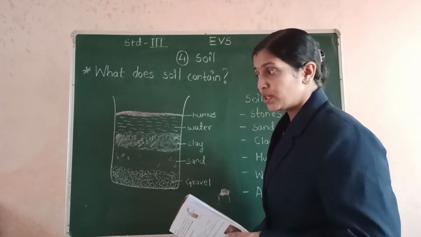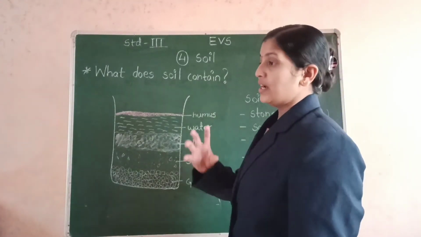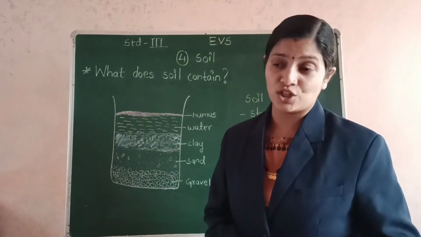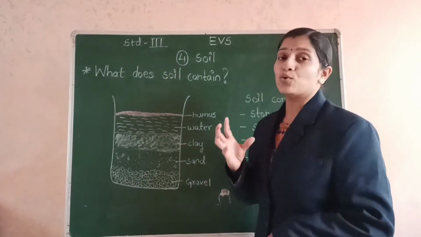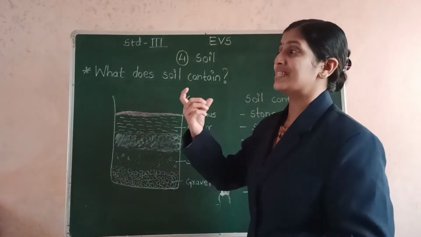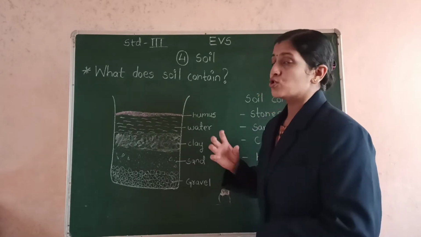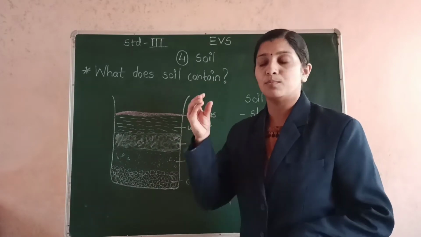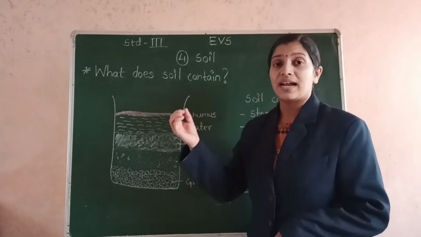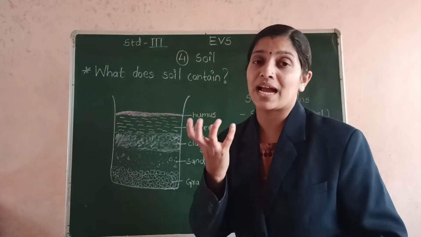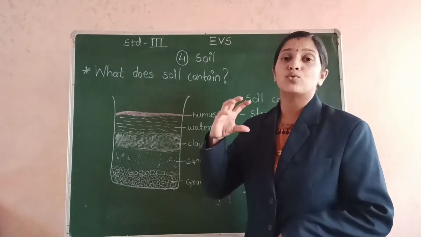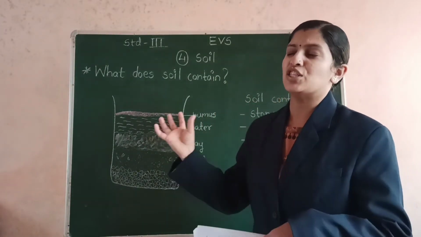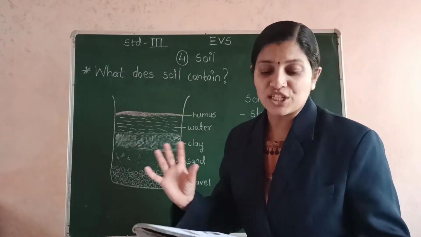What you are supposed to do is take some garden soil. Take some soil from your garden and put it into a glass jar. It is very necessary that you take a glass jar because you can see through the glass easily. So take a glass jar, put some garden soil into that jar, and then pour some water in that jar. Then you have to put the lid on the jar tightly and shake the jar.